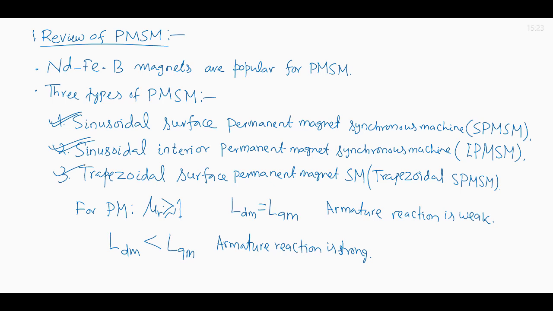So in the third type, that is trapezoidal surface permanent magnet machines, the only difference from the first category is here the stator winding is not distributed, rather concentrated full pitch coils are used, but permanent magnet is glued on the surface of the rotor. So for that, when the machine is rotated by prime mover, the stator voltages are symmetrical trapezoidal waves. Because it uses concentrated coils and magnet is also not embedded inside the rotor, rather it is glued on the rotor, the cost of the machine is less, and because of low cost they are popular as BLDC drives, third type.